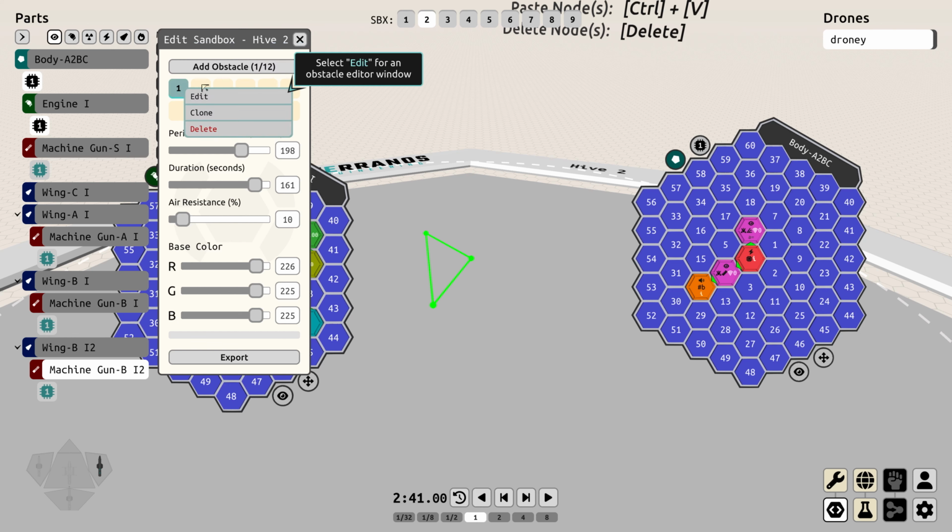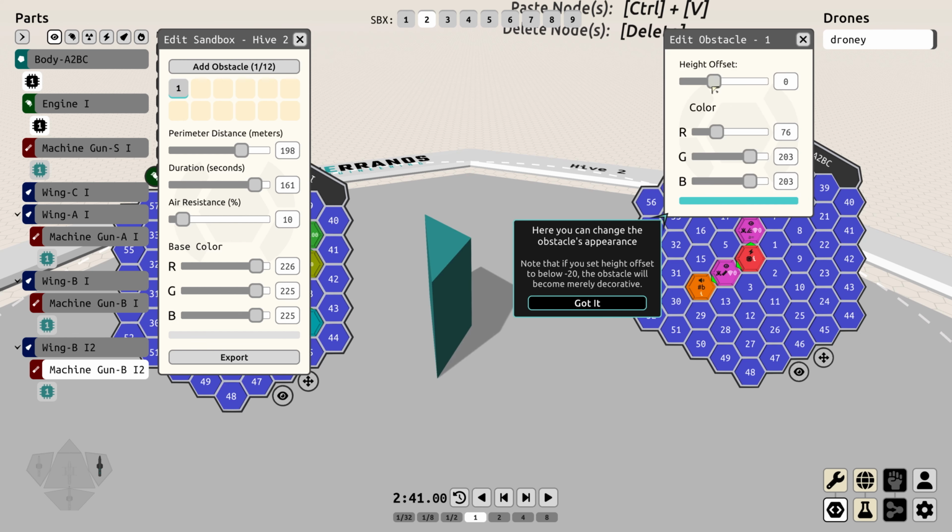And then you can also edit it with things here like height offset. You can make it tall or short. You can see if it's -20, it just becomes decorative. Nothing's gonna hit it. This is more just for looks, I guess, because you can export these and share them,